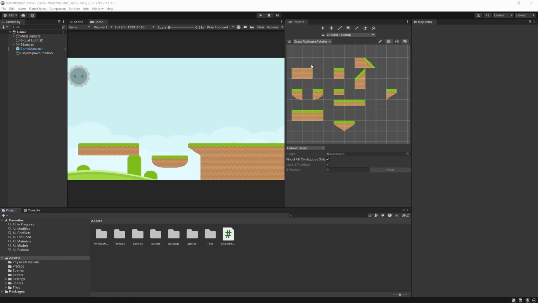So a lot of the time I'll keep platforms on one palette and then miscellaneous environment items on another. But in this case, since it's going to be level based, we're not likely to mix different styles of platform terrain in one level, or at least not too many. So it makes sense to add the water to this palette, just so we're not flipping back and forth between